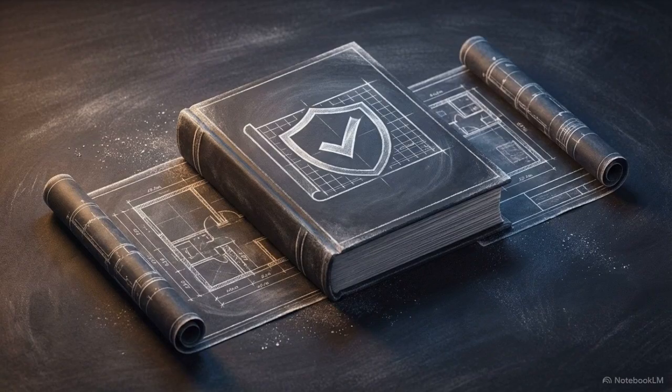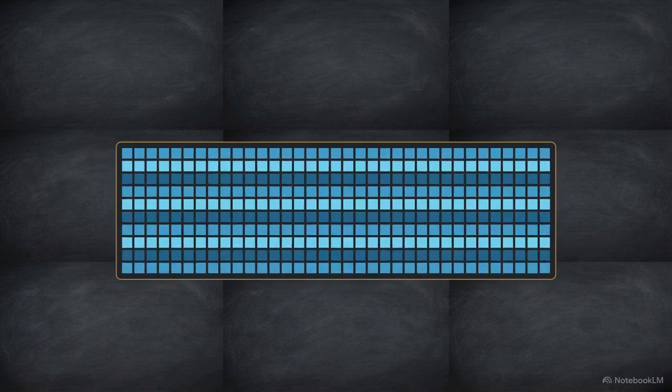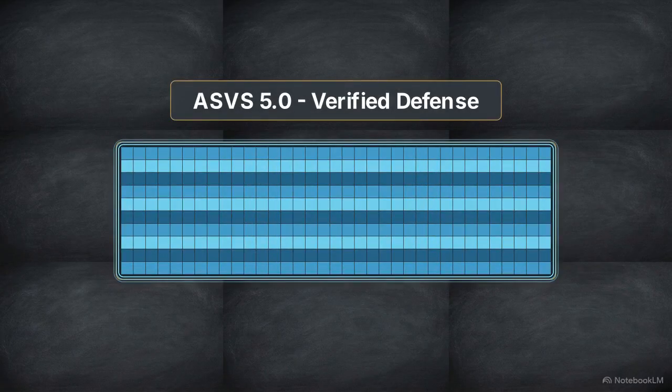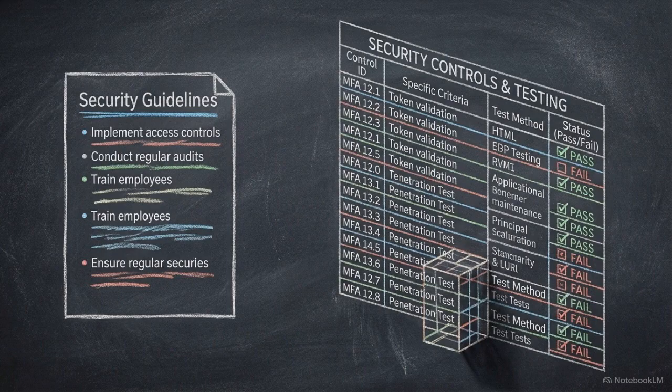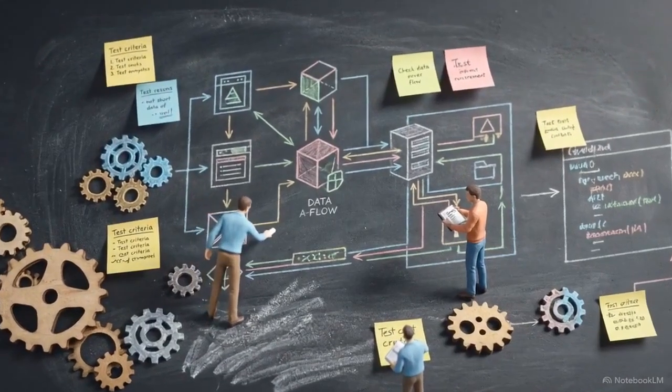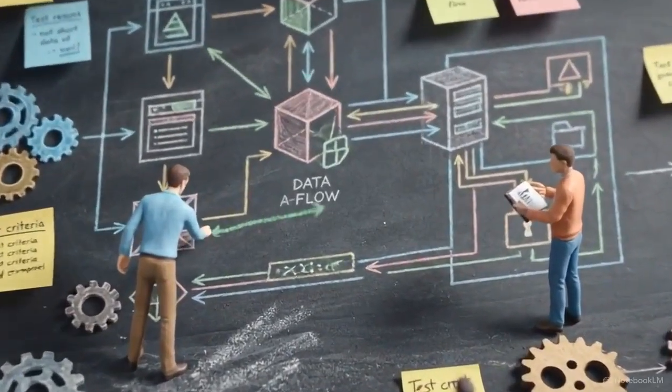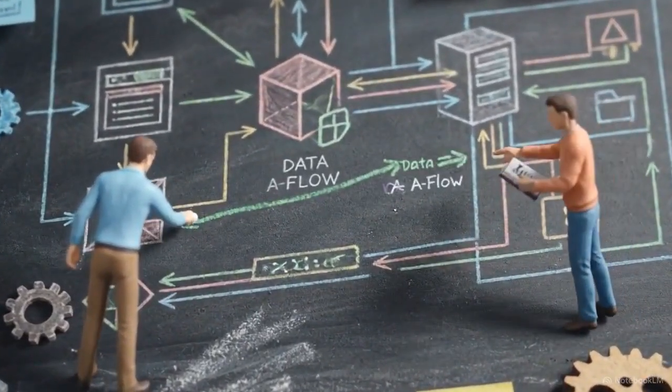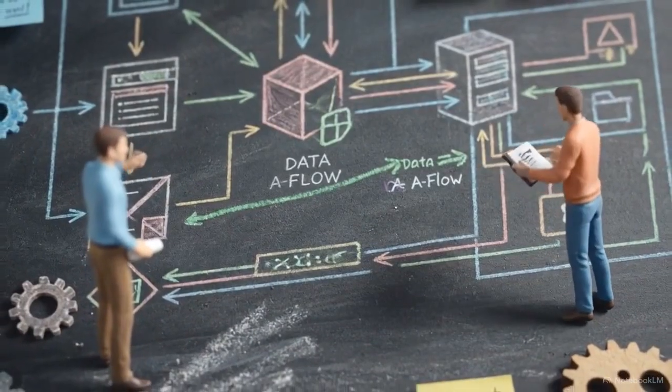The OWASP Application Security Verification Standard, or ASVS, version 5.0 is designed to address this exact gap. Instead of a top 10 list, ASVS provides approximately 350 specific, testable security requirements. This framework shifts application security away from following abstract principles and moves it towards implementing concrete, verifiable engineering controls. By defining exactly what must be verified, ASVS turns application security from a reactive post-mortem exercise into a proactive, measurable